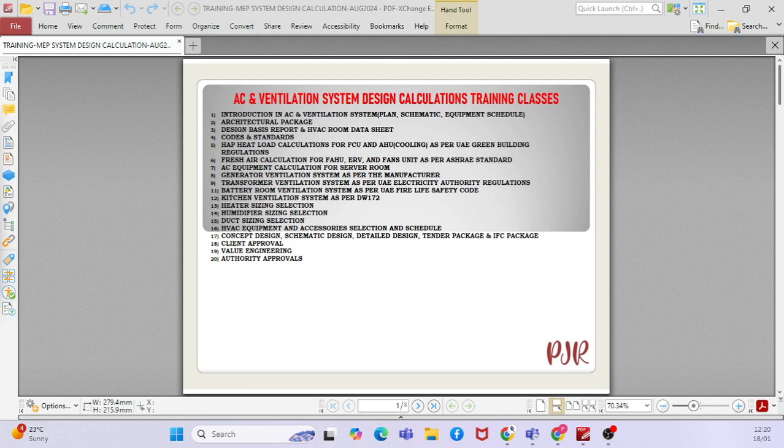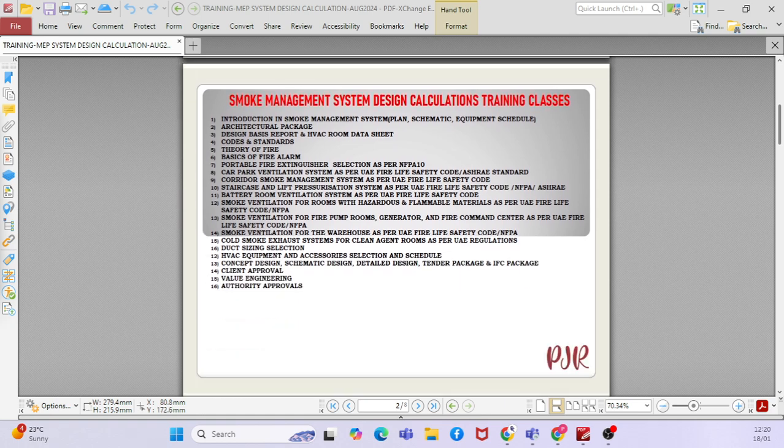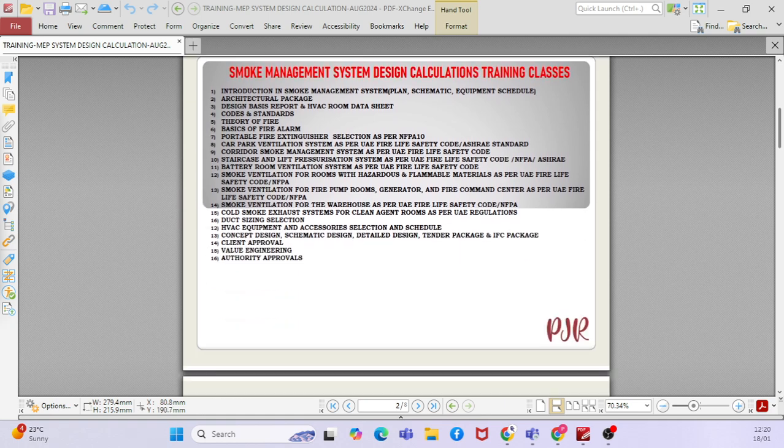So this is for the air conditioning and ventilation portion. When you come to the second one, there is a smoke management system. When you talk about smoke management, there is a local guideline requirement. Whenever there is a fire, you have to protect the building from the fire. So you have different systems: a fire alarm system, a firefighting system, and a smoke management system. The fire alarm system basically detects the fire or smoke. The fire sprinkler system